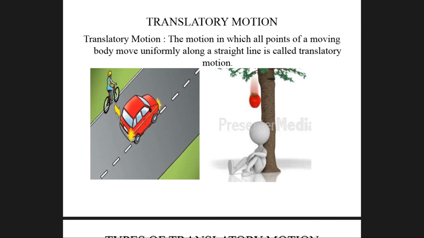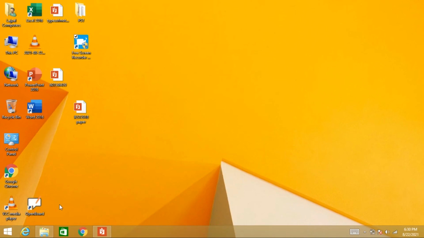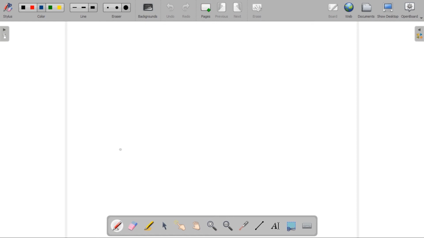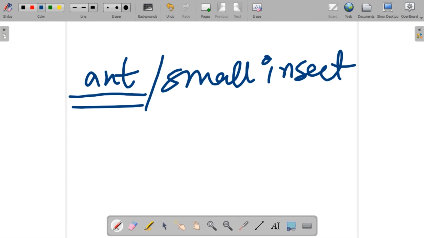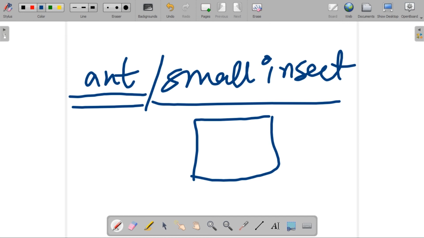Like you can say, there is another example. I am telling you that there is another example of translatory motion. That is, if there is an ant or a small insect, and there is a wall, and the ant is going from one place to another place slowly